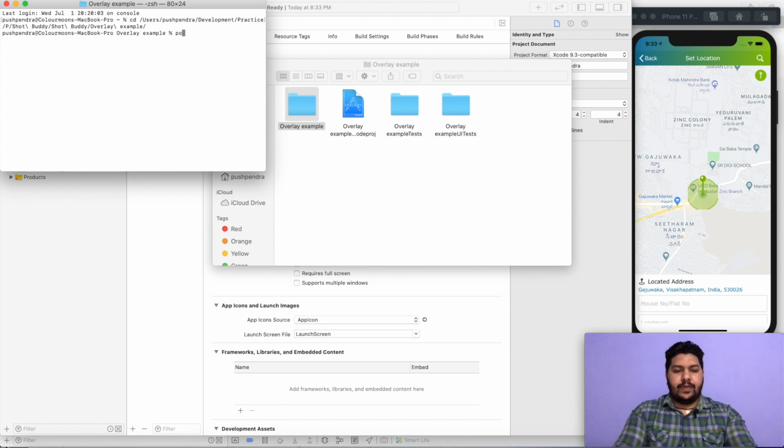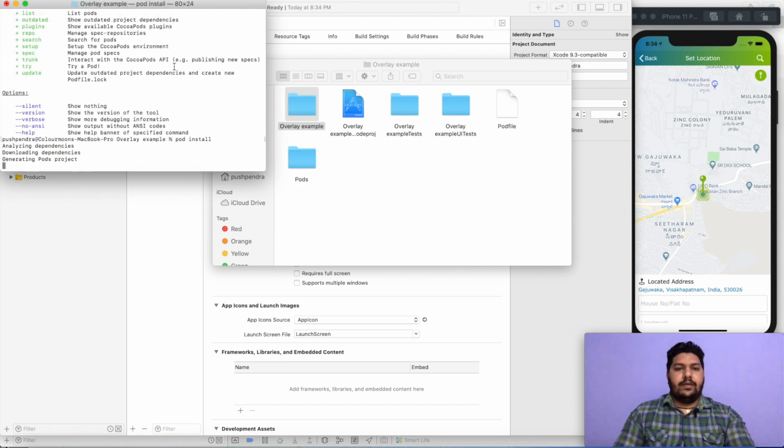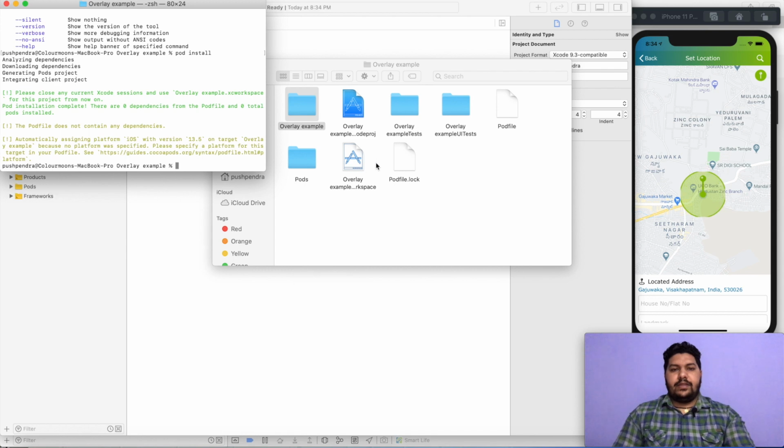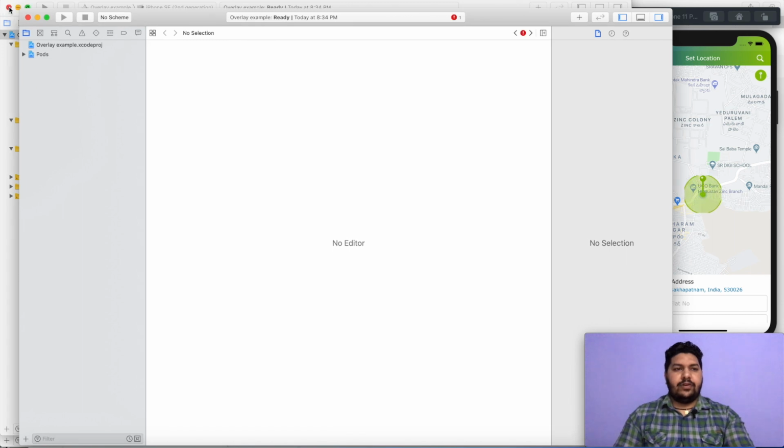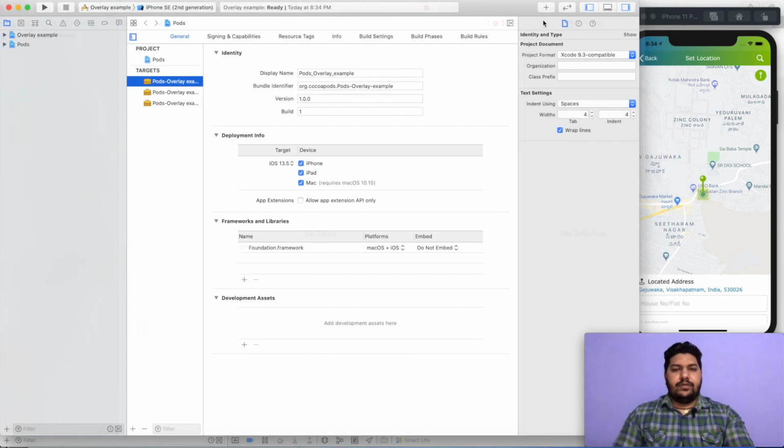From here, pod init, it will install a pod library inside your project. And finally, pod install. Now you will see the project has been updated. I will open this one and close the old one. So here it is.